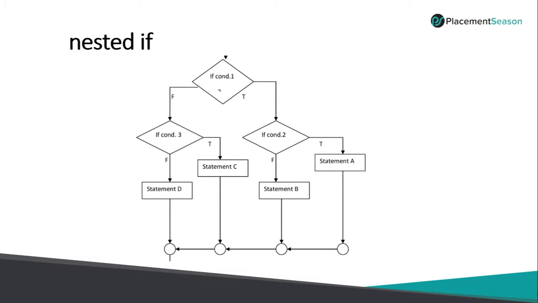So what is nested if? In a nested if, you are checking a second condition inside the first condition. You will be checking one by one. If the first condition is true, you will check one condition. If the first condition is false, you will check some other condition. If again that condition is true, you will check one more condition. This is called a nested if. An if within another if is called nested if. You can put any number of nested ifs to check the logic of your program, to check the conditions.